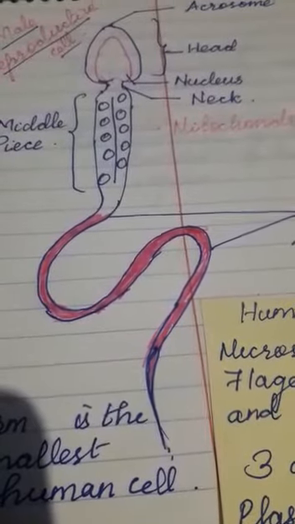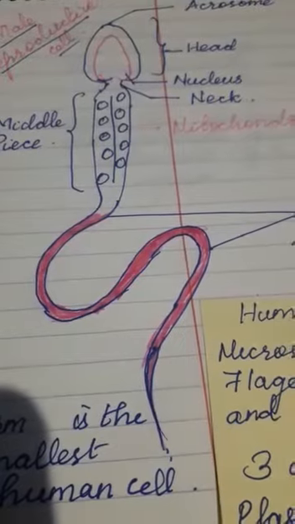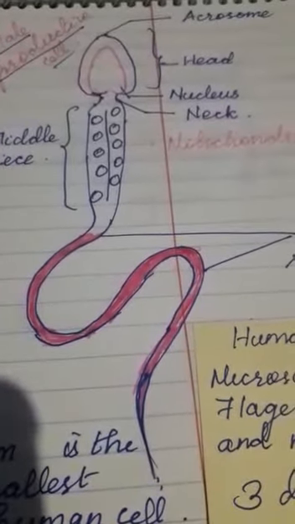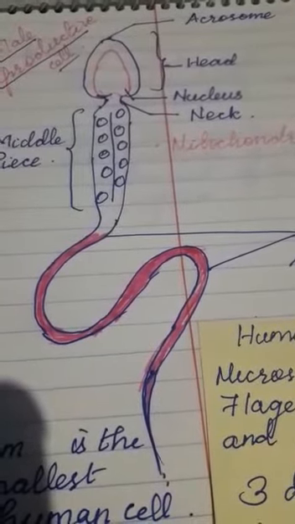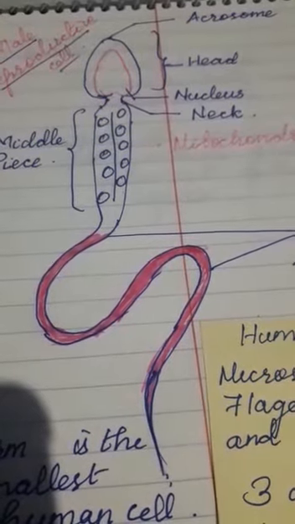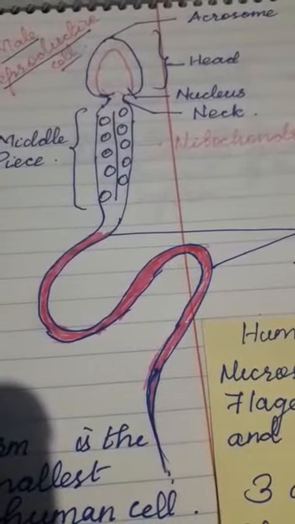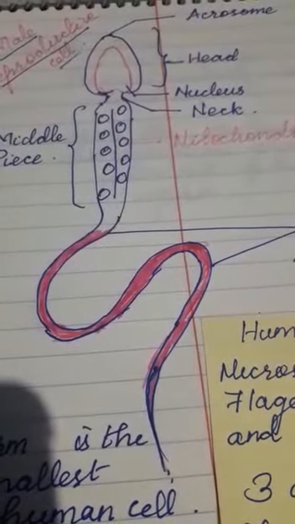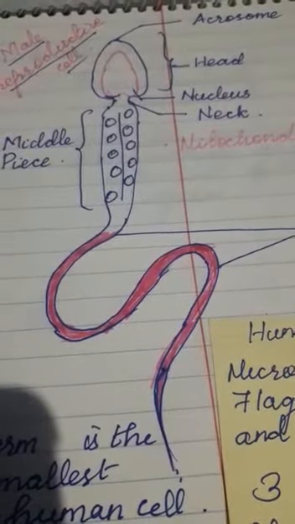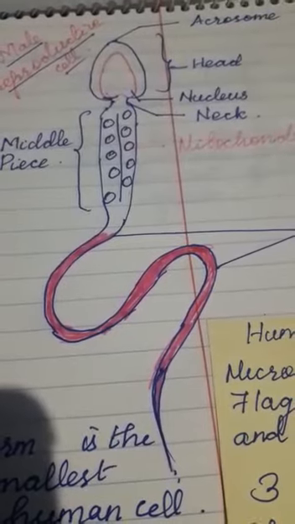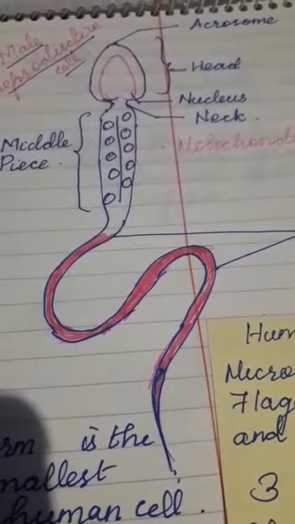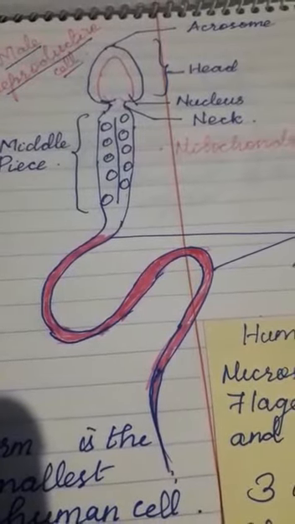Once again, we will discuss the head region. The head region consists of the acrosome and the nucleus. The acrosome is present in the tip of the head. In this region, hyaluronidase enzyme is present. It is a proteolytic enzyme. It is sperm lysine. It is used to penetrate the ovum during fertilization. The nucleus is flat and oval. Next, the head region and the middle region are connected with